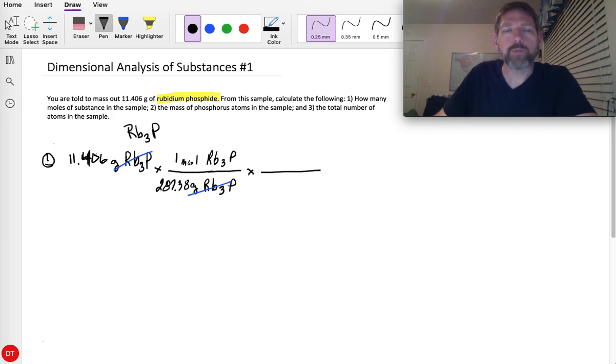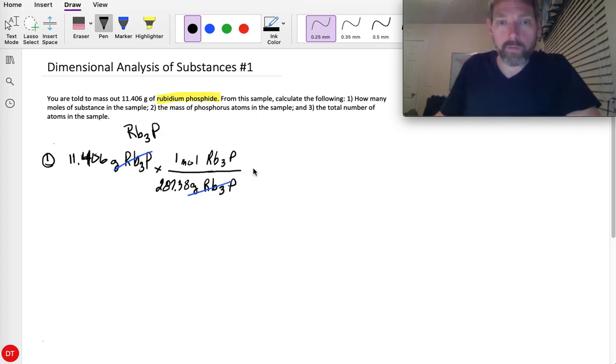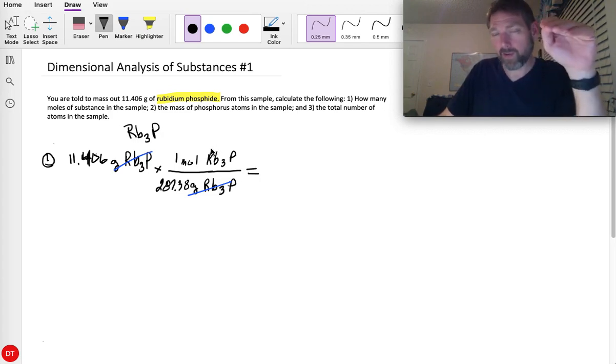All right, so now at this point right here, number 1 is asking us for moles. We don't have to do anything more, so I can come over here. I just started putting down more stuff because I'm used to doing longer problems. We're done. So moles of rubidium phosphide. Number 1 says how many moles of the substance do we have? We're done. When the only unit that's not canceled out is the one that you're solving for,